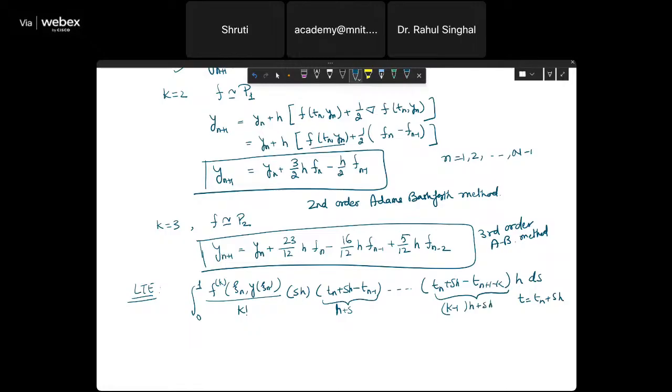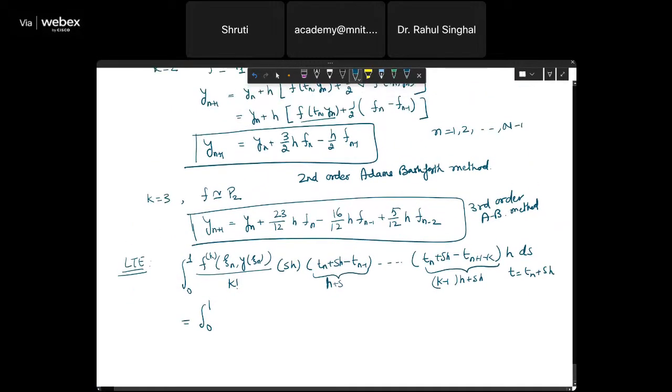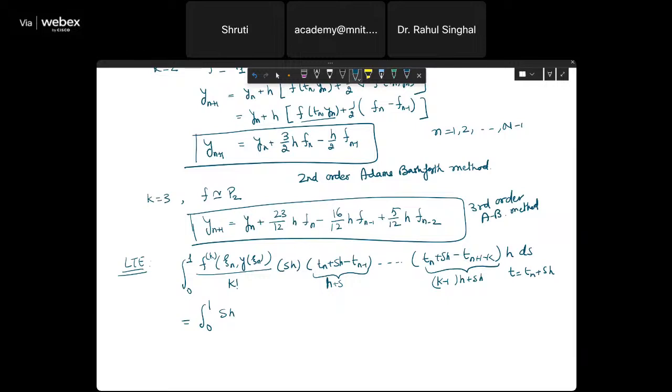With this, now we have 0 to 1, sh into s plus 1 into h, sorry, and then the last term will be s plus k minus 1 into h. These are the terms written over here, which I am writing simply. And then the kth derivative of f at xi n, y at xi n, divided by factorial k, and this